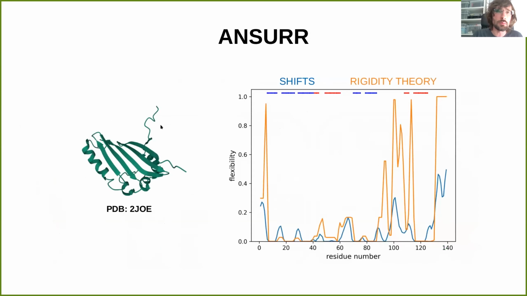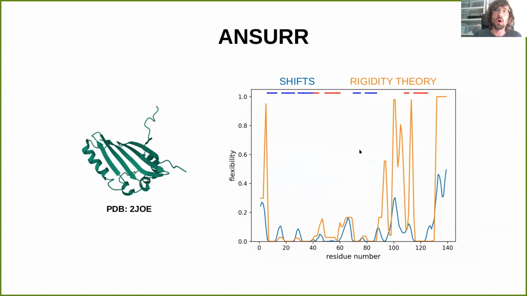So here's some example output for this particular protein. It doesn't really matter. In blue, we have the flexibility according to our chemical shifts. And in orange, we have the flexibility according to rigidity theory from the structure. And what we'd like to say is, well, this region is looking pretty okay, whereas over here something funky seems to have gone on, and maybe we want to look into that in more